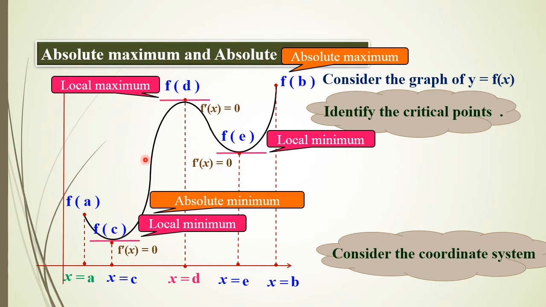Next, absolute maximum and absolute minimum. Assume any one real valued function, that is, assumption y equal to f of x. When we draw the graph, if the graph is like this, it is just an assumption, this is a local minimum, this is a local maximum. See, then what is meant by absolute maximum and absolute minimum? See, from what point the graph is started and where is its local maximum and where the total peak point of the graph. Here this is called the peak point of the graph.